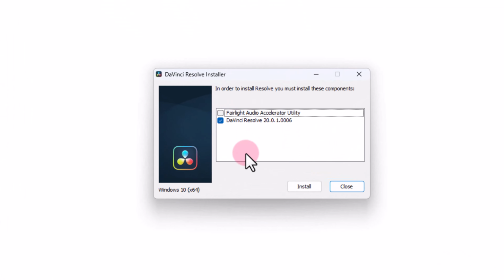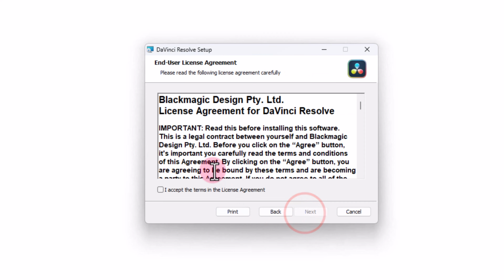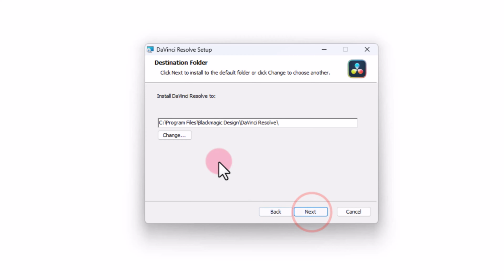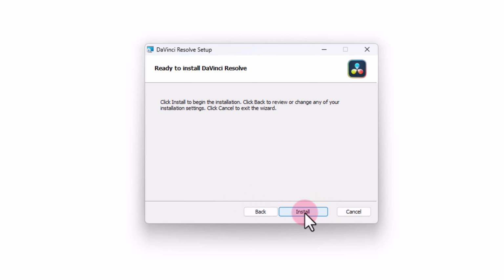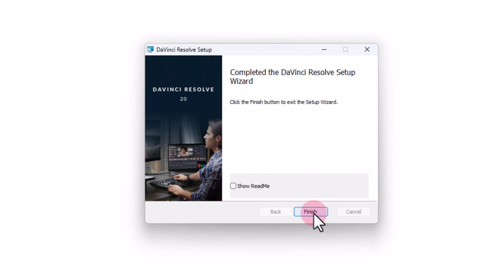Select the second option, press on install, press on next, right mark, next, and select location, press on next, and finally click on install. And now it's installing. Press on finish,